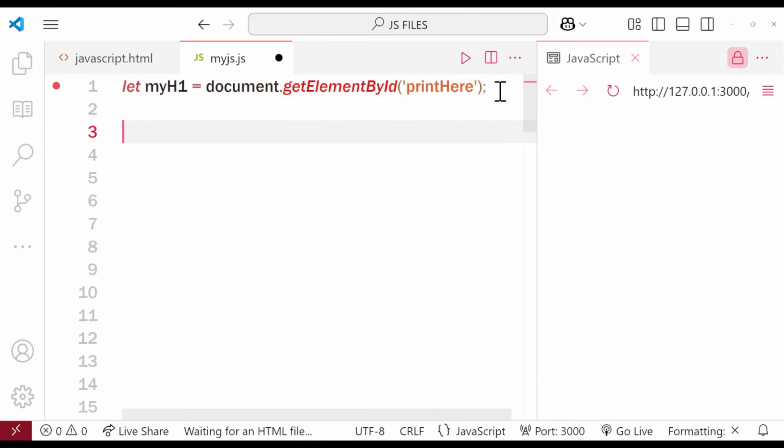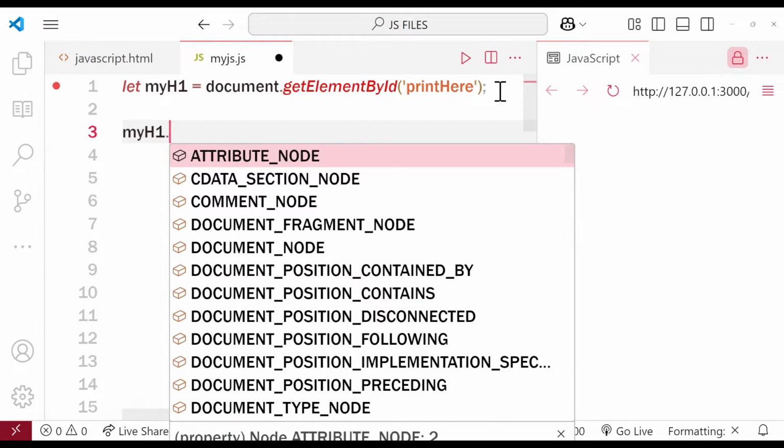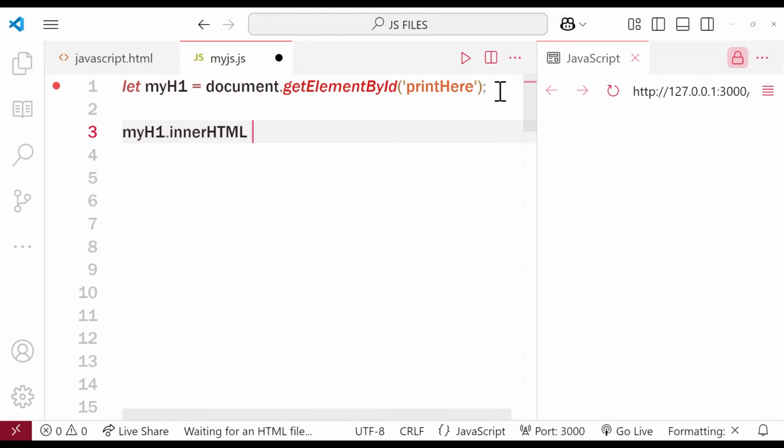So now let's say that there are some people and we want to say hello to them. To do that, I'm going to say myH1.innerHTML equals to, and you add a string, so add two single quotes. Some people use double quotes, but I use single quotes. It's up to you whichever you want to use, but I'll use two single quotes like I did here. All right, so let's say hello